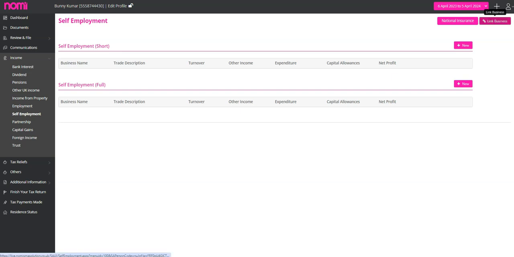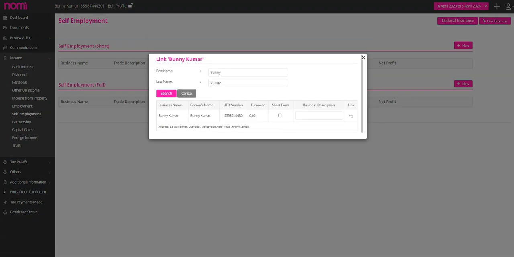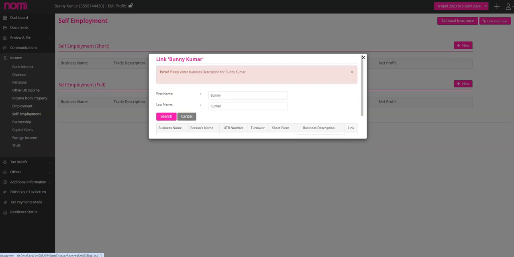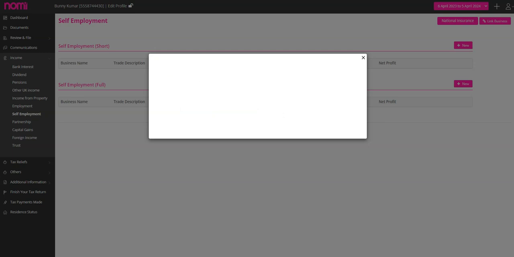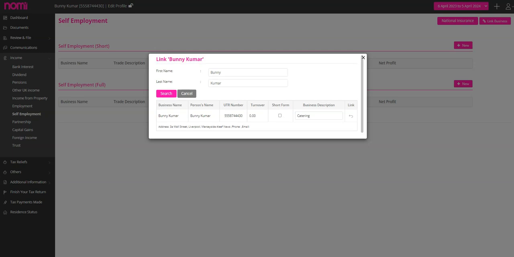So for that, you have to click on link business, and then here you can see the name, the details. Right now the data is not updated, that's why it is not showing on the screen. We have to just click on link, and as we click on link, the record is then linked with the particular, and here we have to first give a business description and then we can click on link. As we click on link, it will link all the information from the final accounts module into the personal tax